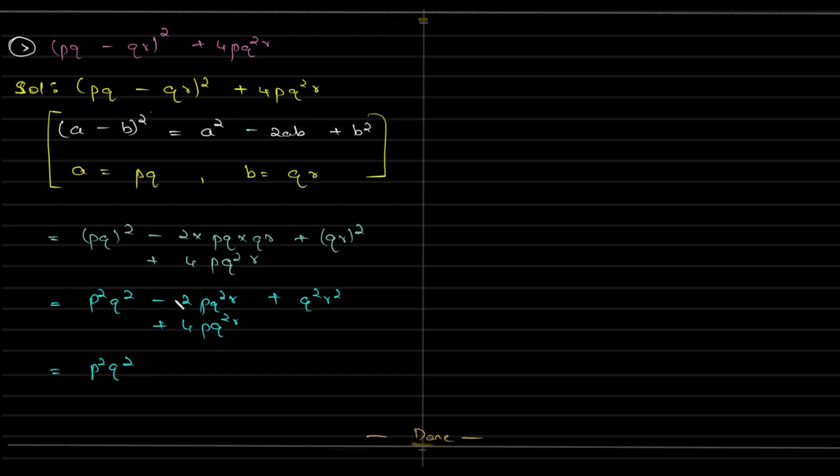So this is subtraction. These are like terms, is it not? Right, these are like terms, and this 2 will solve to positive 2, sorry, because these are like terms and we have the positive sign being the bigger one. So positive 2 PQ square R plus Q square